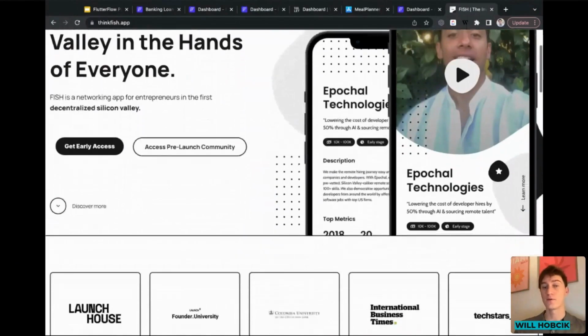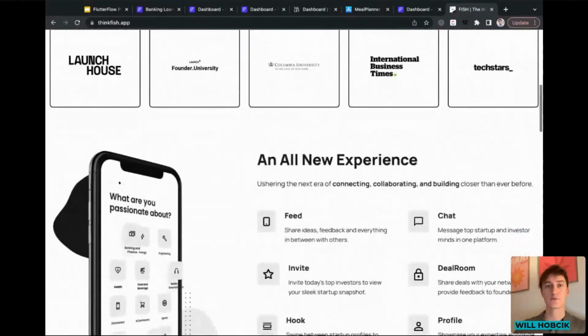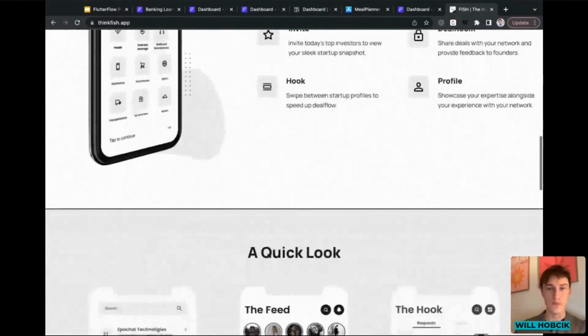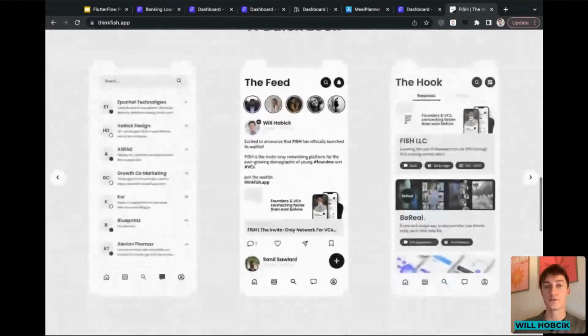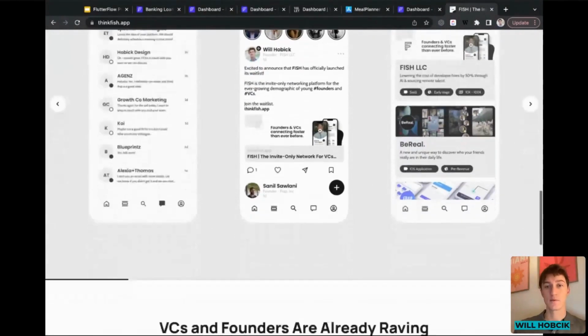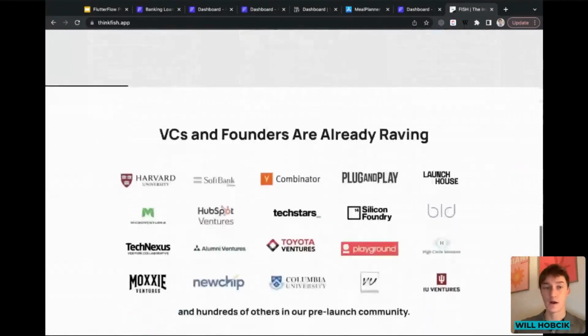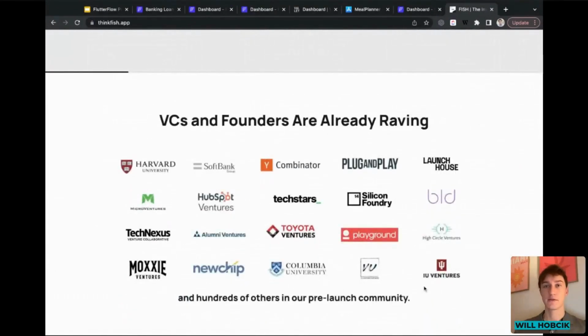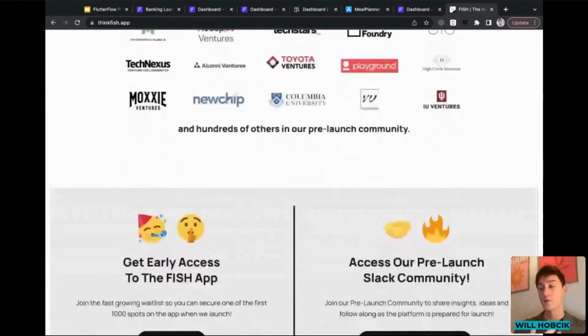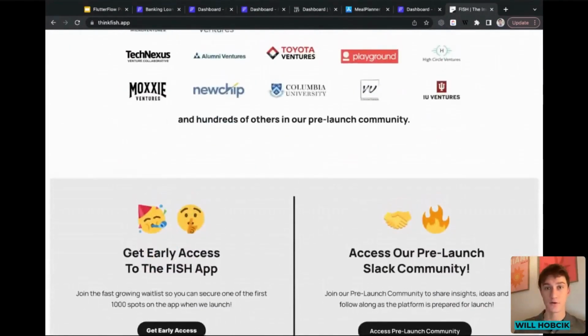So you can see we went through numerous accelerators. We're able to fundraise here. You can see what the application looks like. So you can build out very complex UIs, and I'll show you some more complex UIs as well, right? Tons of different organizations joining that platform, and this was all built in FlutterFlow, right? This is a mobile app that we built, writing 0 lines of code.